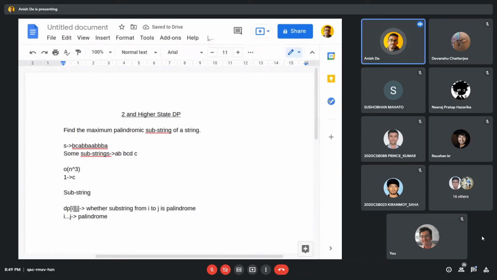Okay. So we can reduce this to n squared using a very simple method. What I was telling is that if you are given that the substring from i to j is palindrome, and s[i-1] equals s[j+1], then what can you observe here?